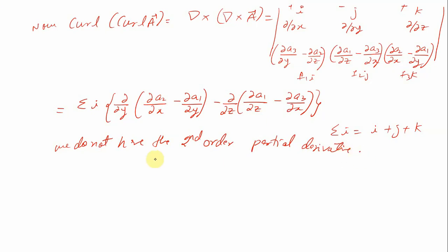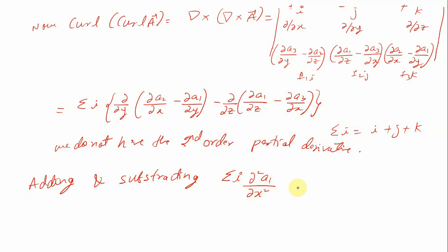So therefore, I am going to modify this equation by adding and subtracting the summation of i, ∂²a1/∂x². Yes friends, I am just going to add and subtract this term in this equation. So immediately I will get the value as